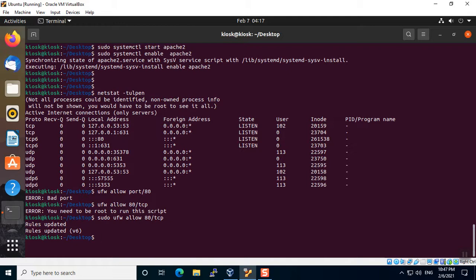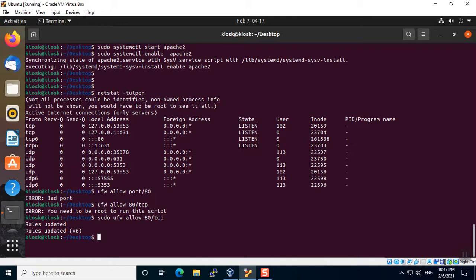As we can see, the command is sudo ufw allow, then port number, then slash tcp. Whatever the protocol, either UDP or TCP, according to that you can allow the port.